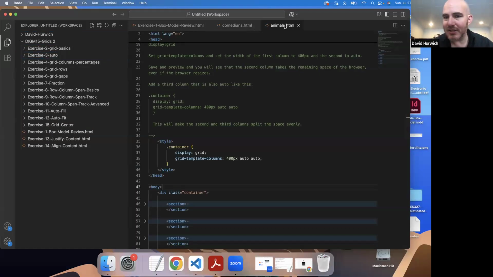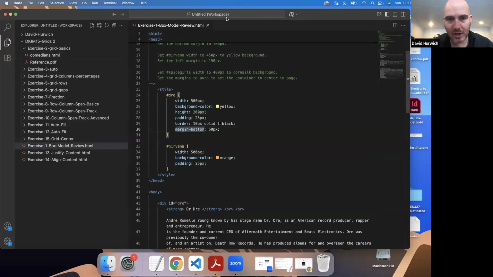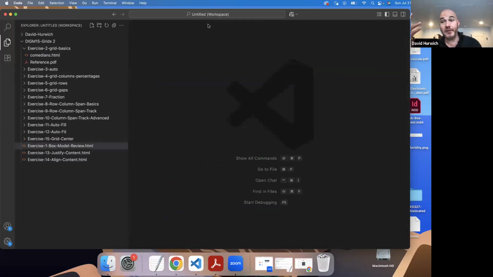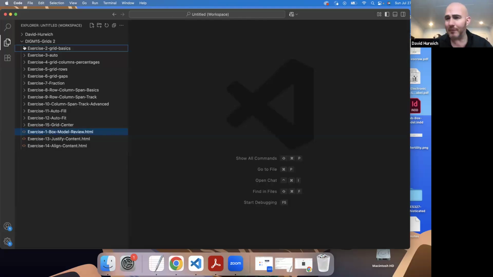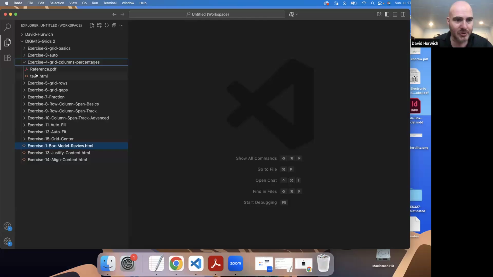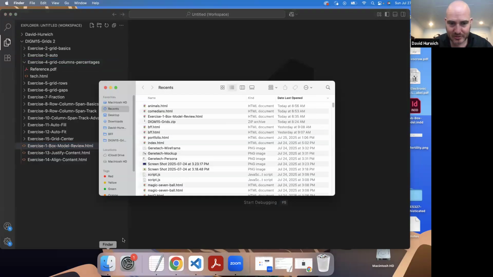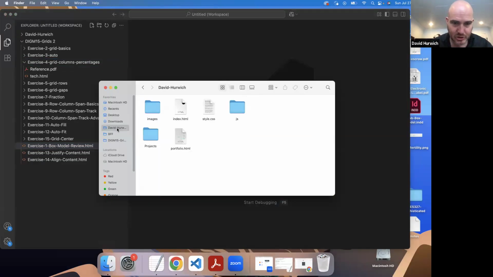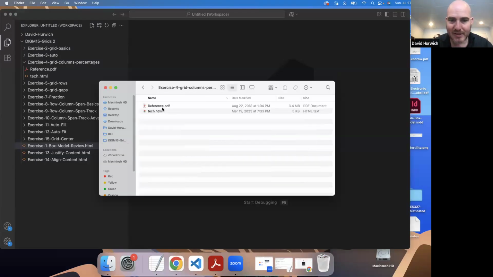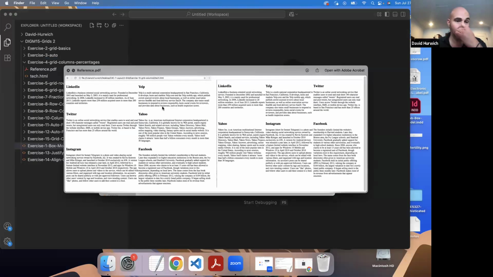All right, in the last video, we talked about grids, and we said you could set the width in specific values like pixels. You can even use auto, and that gives you a little bit more of a relative value. But there's an even better way to do this, which is you could use percentages. Percentages mean rather than giving an exact value of something, like exactly 500 pixels or exactly 200 pixels, you could